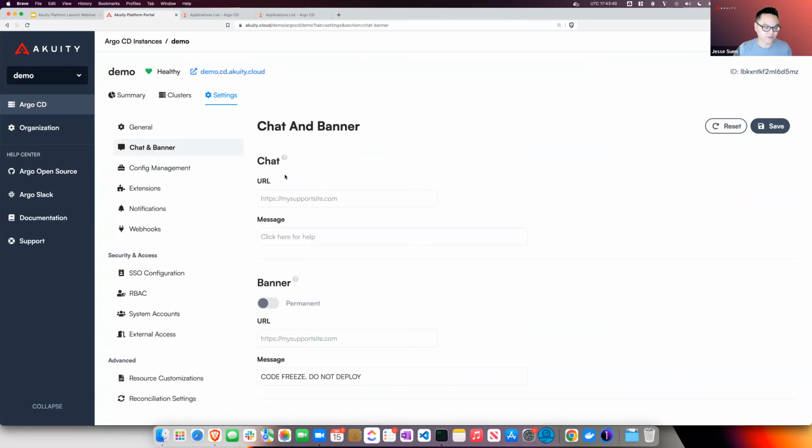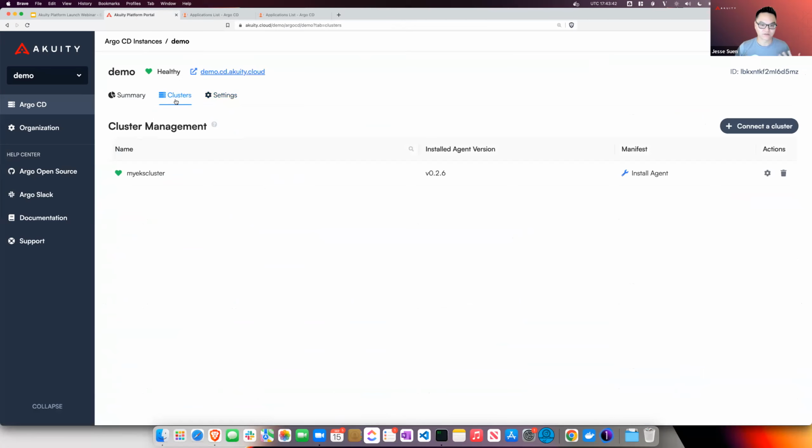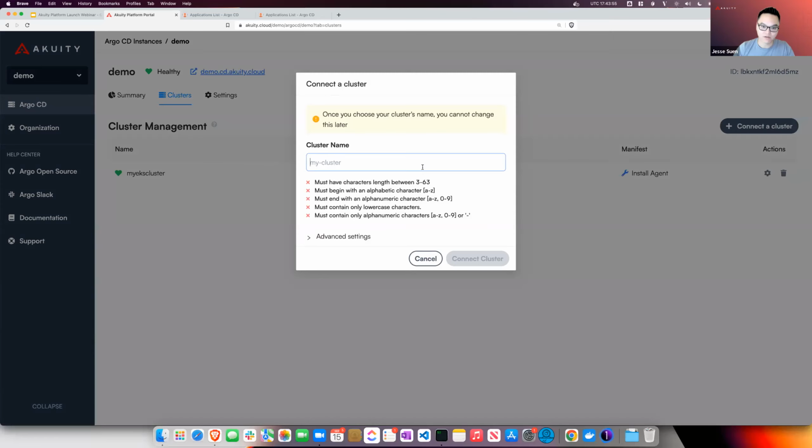But let's go to what it's like to manage a cluster. To connect a cluster, it's as simple as creating an instance. I'll create Jesse K3S demo, and you just give it a name.